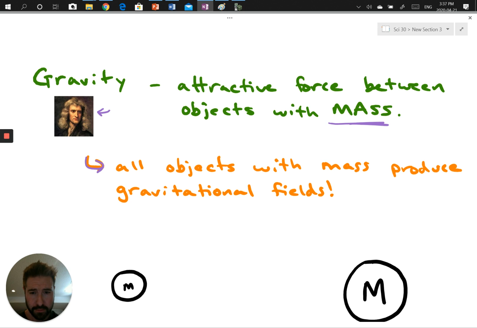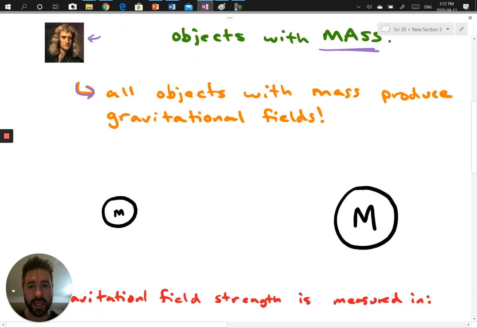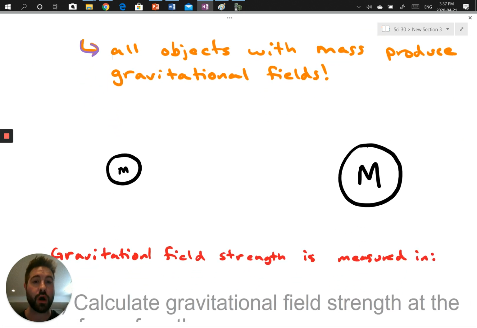So just looking here, I have two masses, and we're going to draw a gravitational field here. And it's actually quite simple. So the way that we draw a gravitational field is we imagine that there was a little, what we would call a test object around my reference object, which would be this. And all we're going to do is,